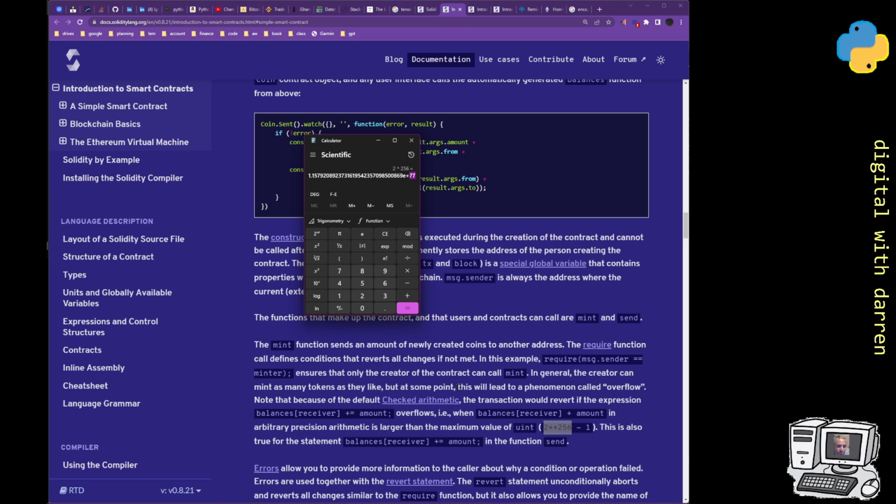But yeah, if you do breach it, then even the Federal Reserve couldn't breach that with dollars. But maybe if we fractionalize our contracts, they're worth less or something. Maybe you could breach it. This is also true for the statement balances. Receiver plus equals amount in the function send. Okay,